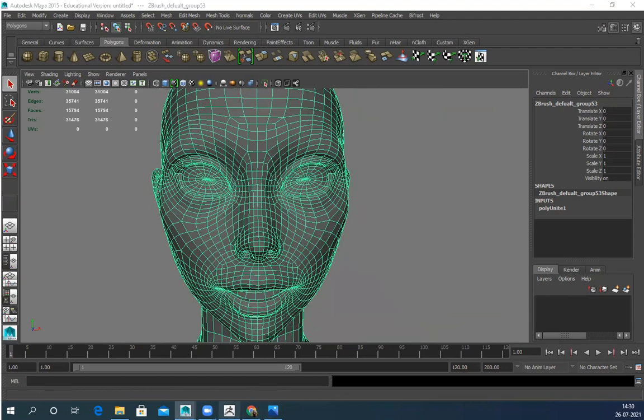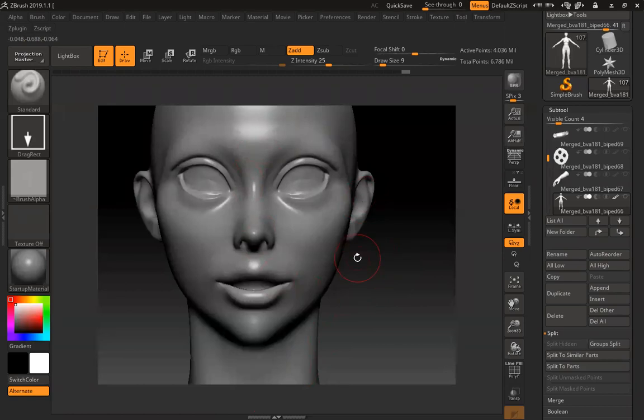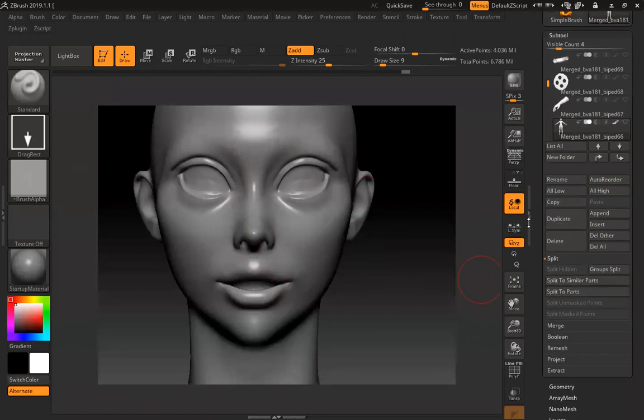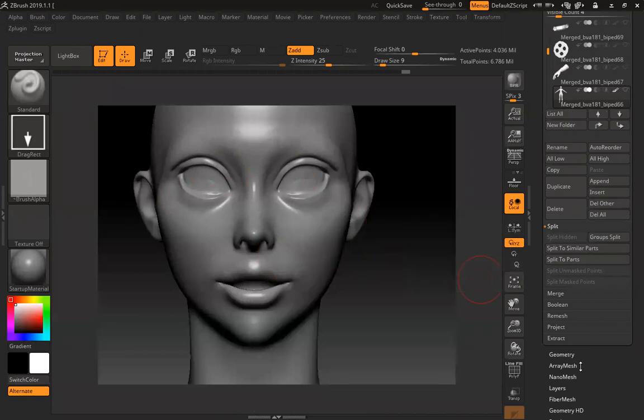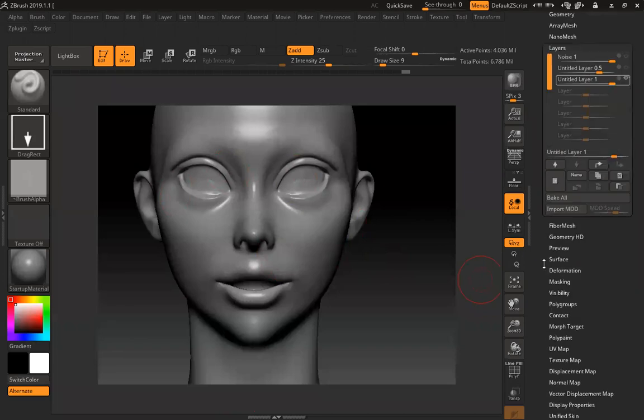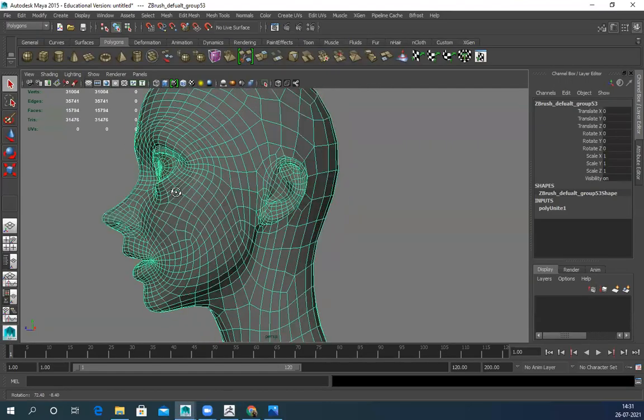Oh, one more thing I forgot to tell you. Whenever you have layers in your high poly file, before exporting it to Maya or Max or any 3D software outside ZBrush, make sure to bake all, then decimate and export the model. If you don't do this, the position of the model will change, and after creating the low poly, your high poly and low poly positions won't match. This is very important. Make sure to bake all, then import into Max or Maya, and then start working on that model. Otherwise, the position will change.